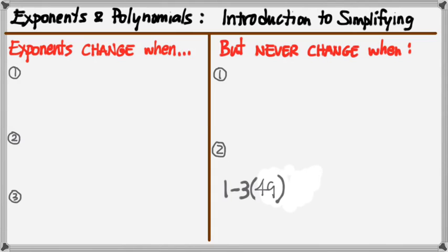Multiplication, exactly. By the way, the common error for somebody looking at this is they read it from left to right and see 1 minus 3. Ooh, I better do 1 minus 3 right now. Order of operations tells us that subtraction doesn't happen until after multiplication. So the first thing we ought to do here is 3 times 49, which is